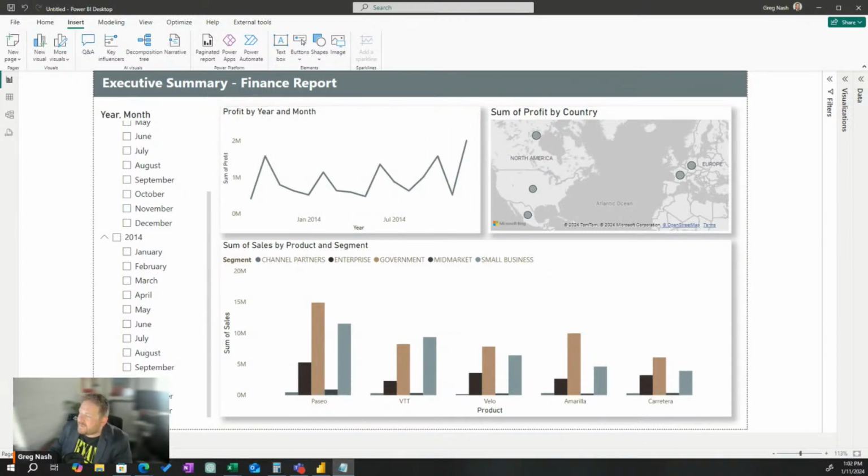Where is the company seeing the most success? This fails to meet the brief. Because first, what do you mean by success? And why have I decided that it's profit? What if success is growth? Did you ask? You didn't. Which product and segment should the company continue to invest in? What does this tell me about how I should invest in products and segments? It doesn't tell me anything. It shows me sales. So it doesn't answer the question.